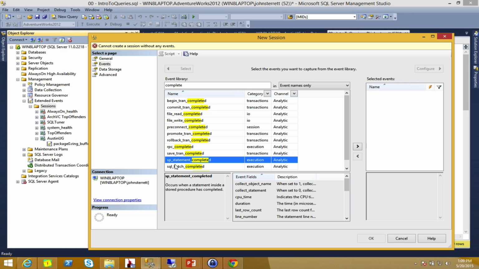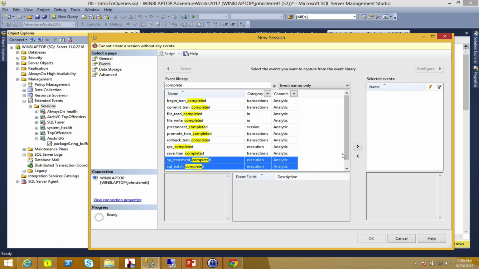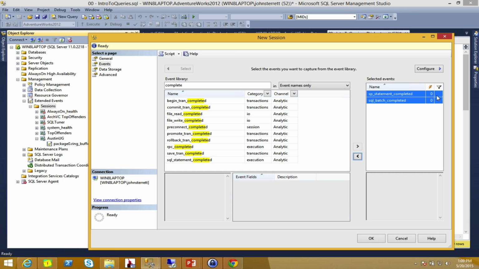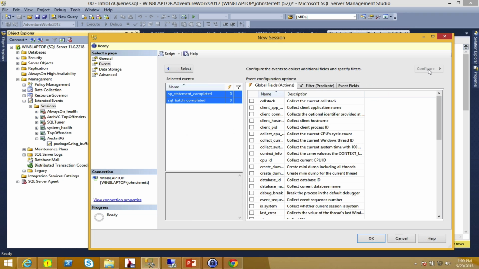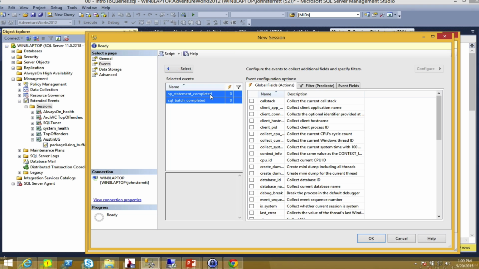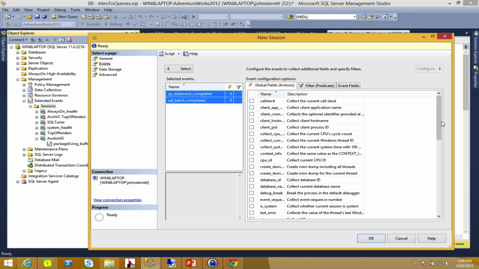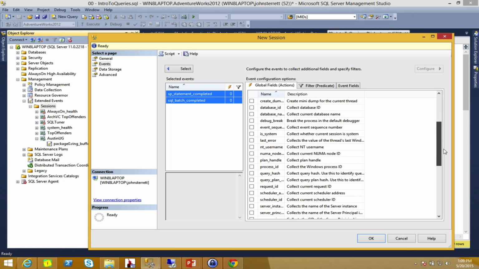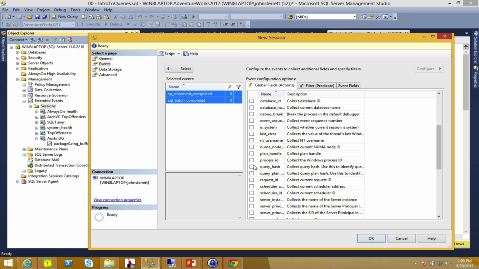So we're going to go ahead and select this, and we're going to get our SQL batch over here. And now we're going to go over and configure it. So you can see here we have both of these highlighted. As we make changes over here, it'll affect both of our events that are selected here. There's one action that we want to make sure we always add, and that's going to be our query